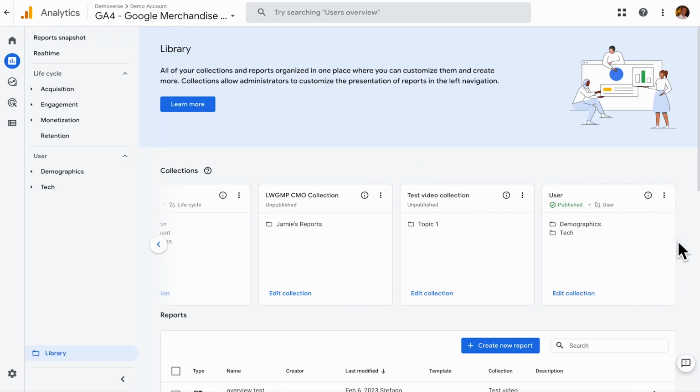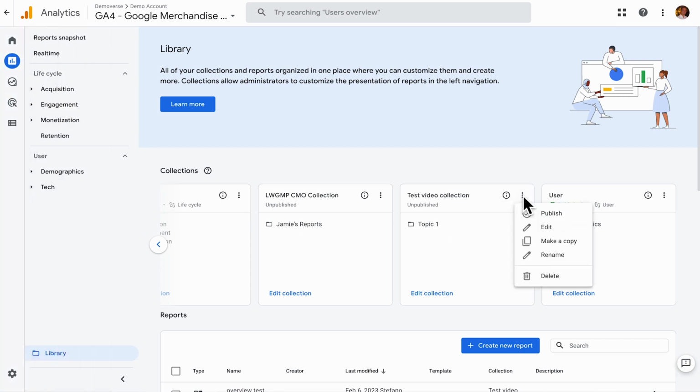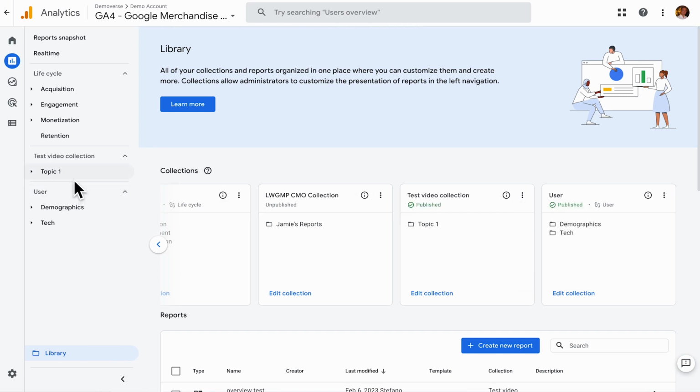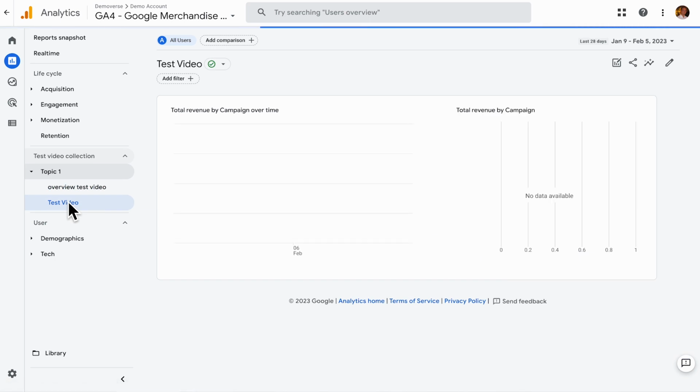Now I have the collection. It is here. It is structured as I wanted to structure it. Very simple, one card in the overview and one report, but you can add many more for all the things that you're interested in. From there, the one step that is left to make the collection go from my personal folder here to being published, I have to publish the collection. So I click the menu here, click publish, and I will make the collection available here with the overview report with a card and a detailed report for everyone in the property to be able to use for monitoring their